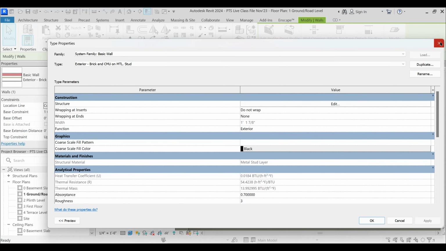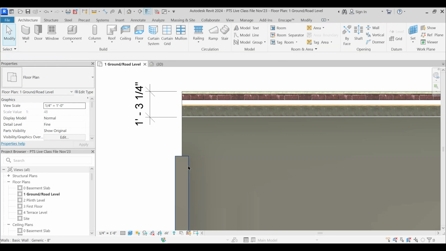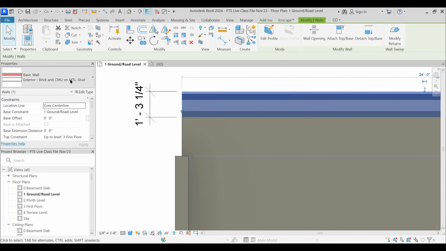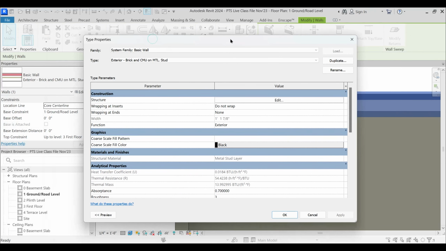When I select this particular wall, when I select any wall, then under this properties toolbar, if you go to edit type, then the construction part of that particular wall pops up, wherein you can view its construction part. Okay. And if I go to edit type,